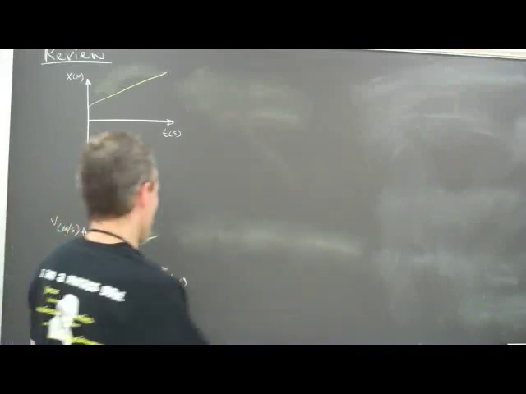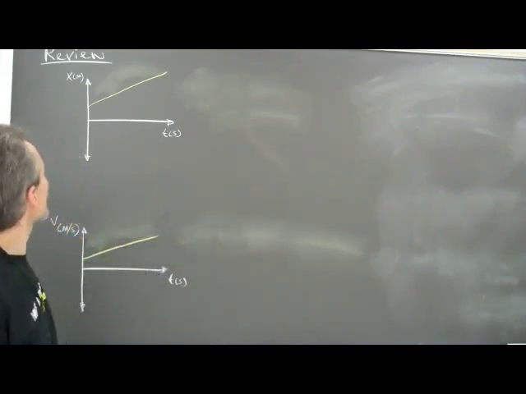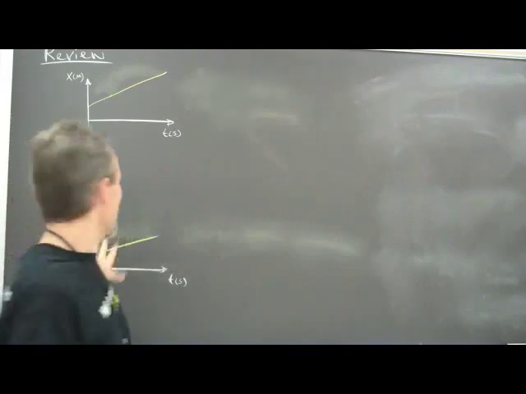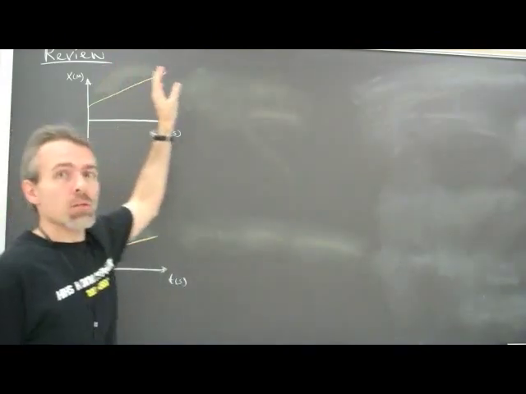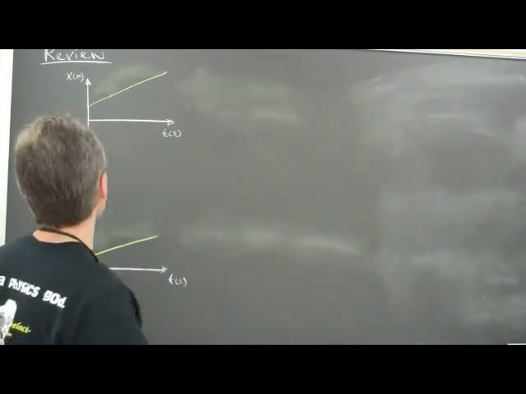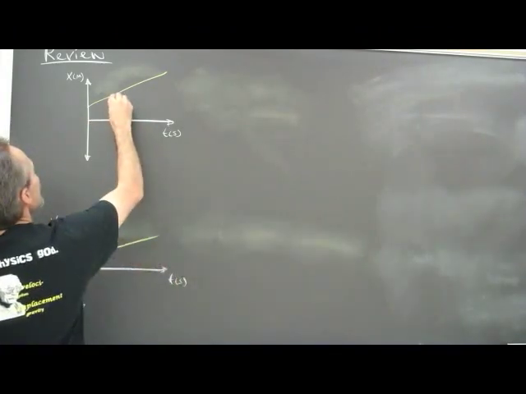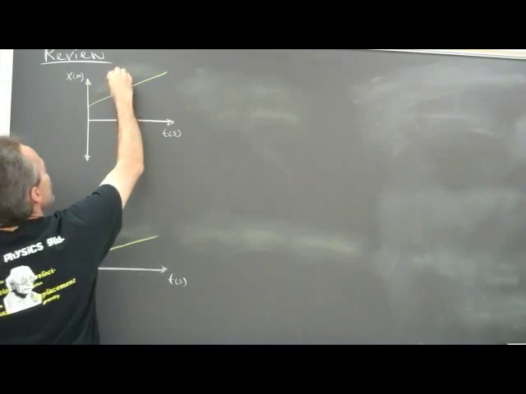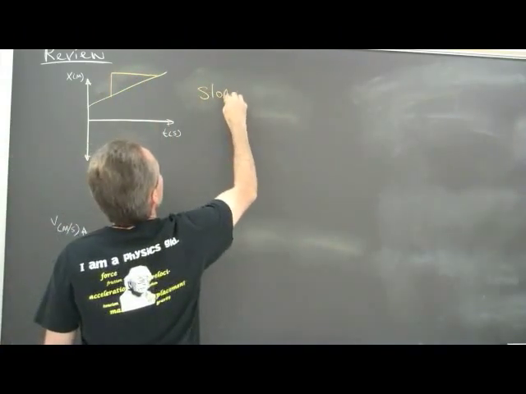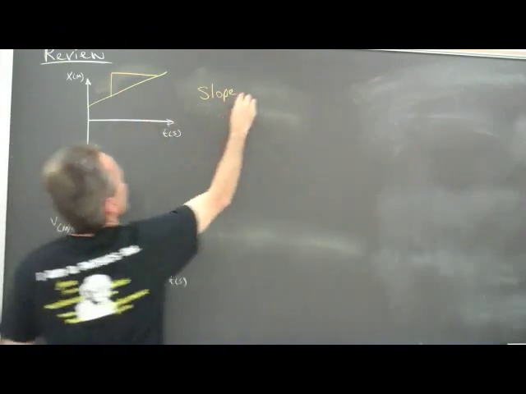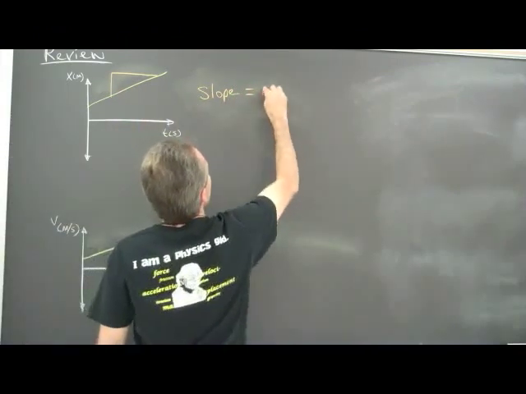Okay, so let's review what we were looking at last year. Last year we looked at position time graphs, velocity time graphs, and acceleration time graphs. And sometimes we had position time graphs like this, which were linear. And one thing that we saw last year was that the rise over the run, or in other words the slope,